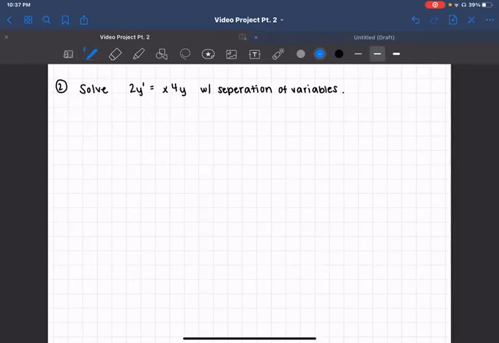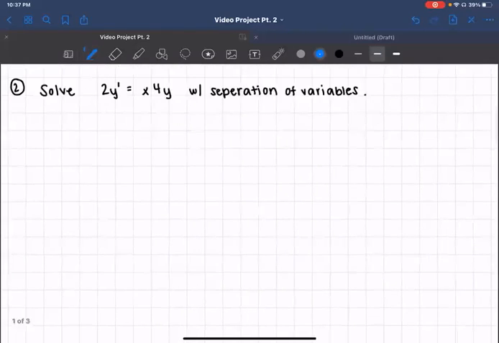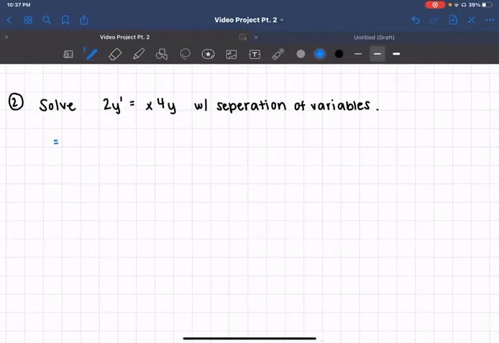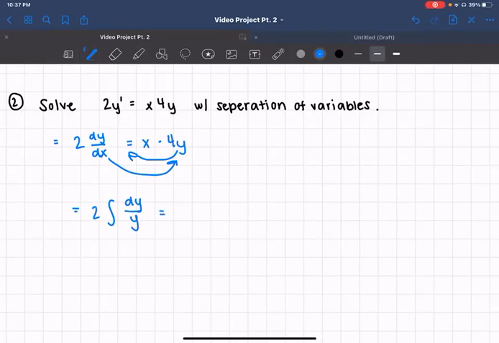So for number two, it's going to be to solve 2y prime equals x for y with separation of variables. So to start off, we have 2 dy over dx equals x times 4y. And then we're going to switch the y and the dx. So it's going to equal, outside of the integral, dy over y equals 4, moved to the outside of the integral, x dx,